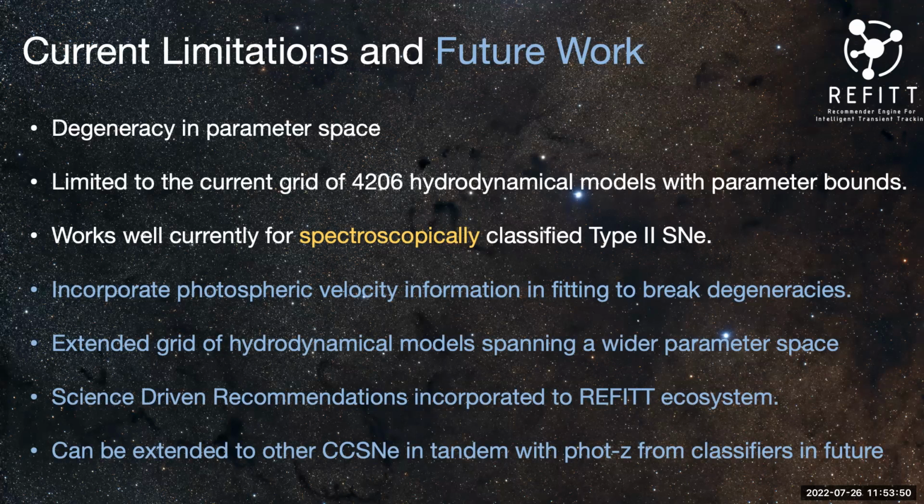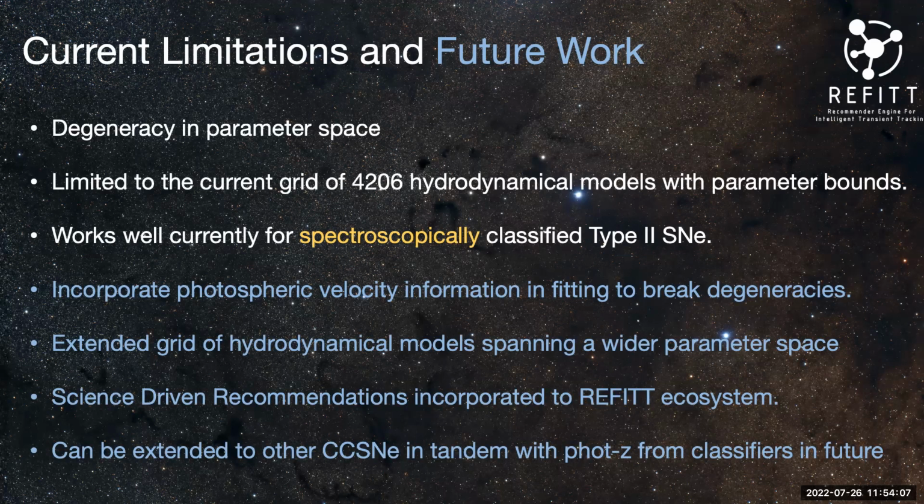It's degeneracy in parameter space, which means there might be multiple combinations of parameters that can lead to the same light curve which you see. So how will you be confident in your characterization? It's still a problem. One way to try to solve it